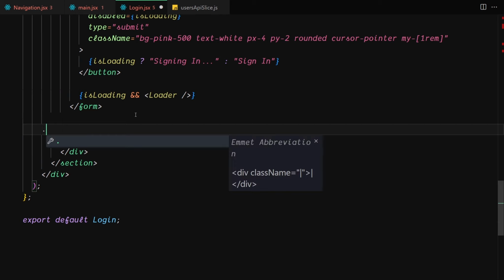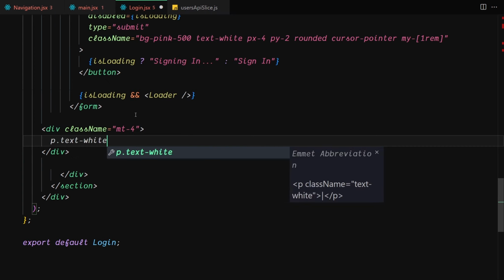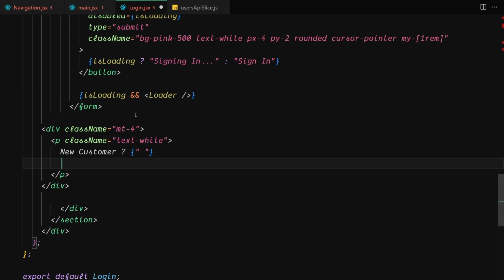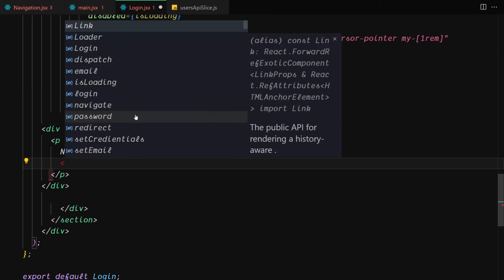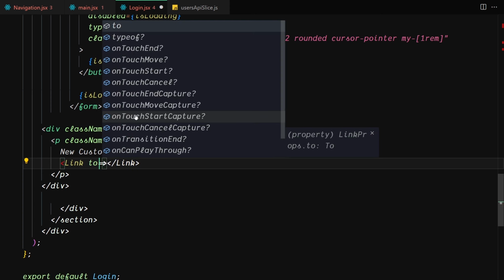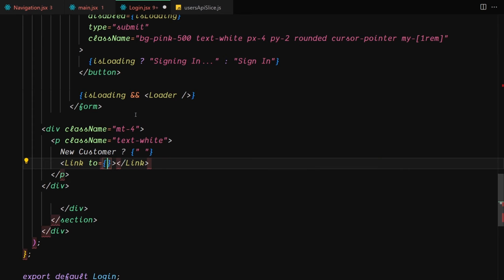I'm going to create a div with a class of margin top 4, and I'm going to create a paragraph of text white, and set that to new customer and provide an empty space right here. Then I'm going to provide a link, and let's close this link right here, and it will redirect. Let me provide the redirect. And if it is redirecting, we want to set that to register question mark